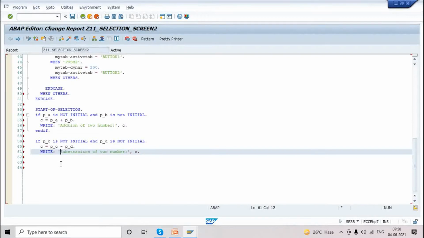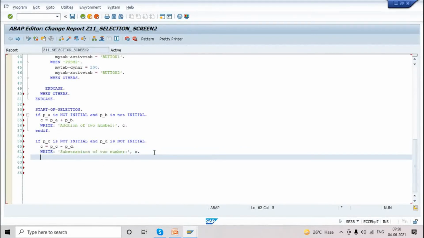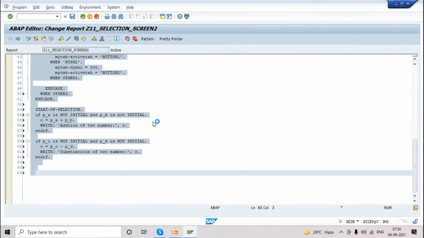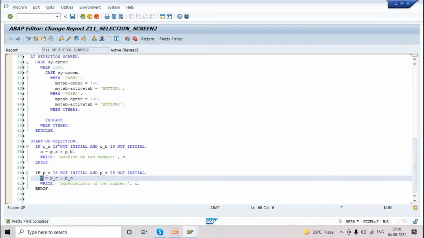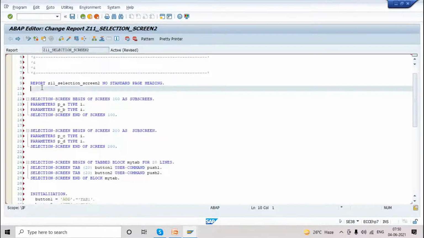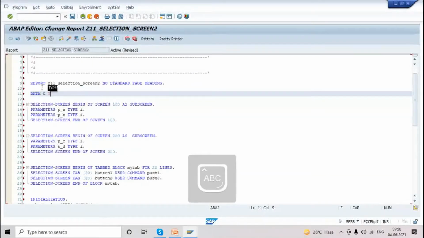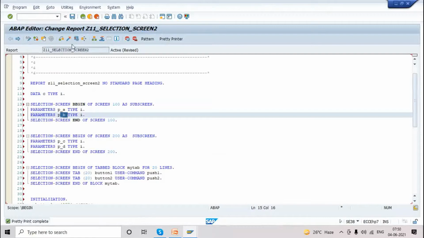Here it is, single quote. Okay, c is not declared, we have to declare that. You can declare it. This will act as a local variable, a normal variable declaration. These are all selection screen variables.